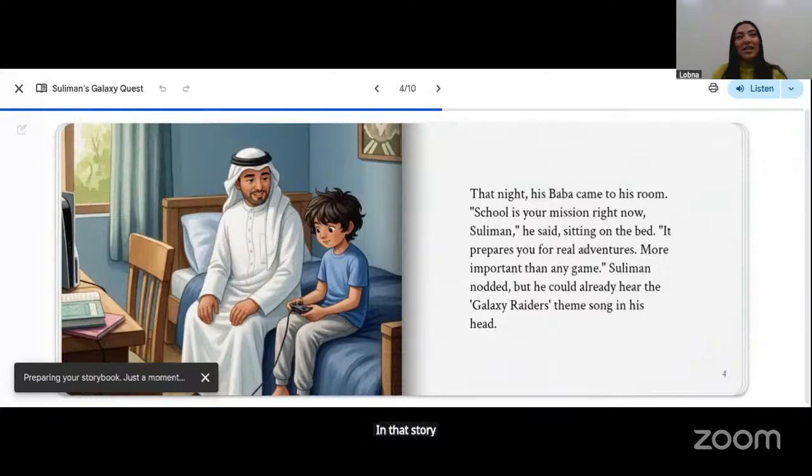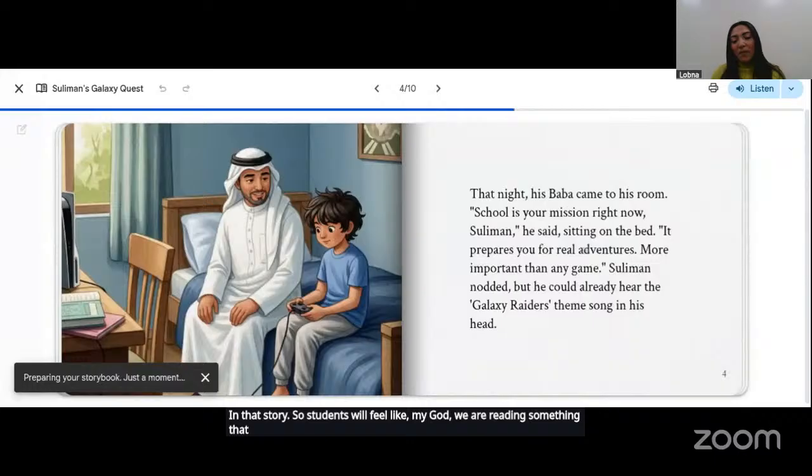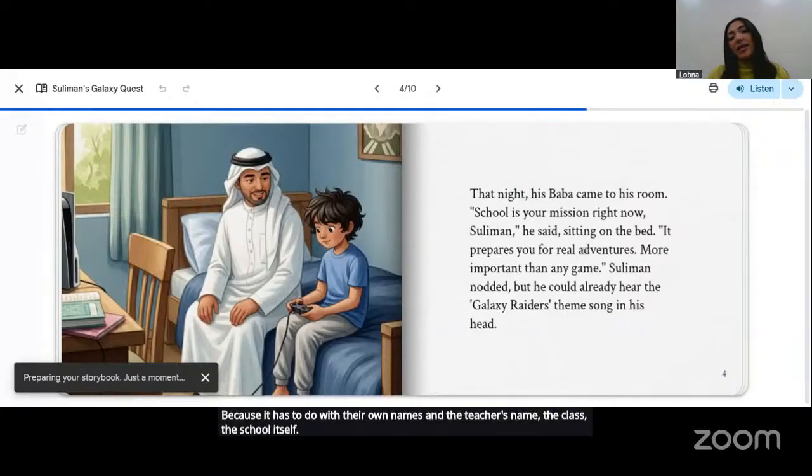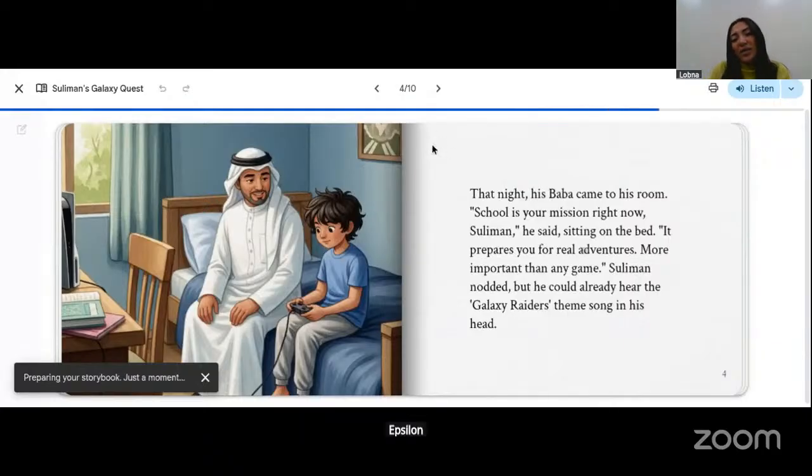So students will feel like, oh my God, they are reading something that really connects to them because it has to do with their own names and the teacher's name, the class, the school itself, and so on. So I believe that is an amazing gem that Gemini has provided us with. Okay, so I'll move on to